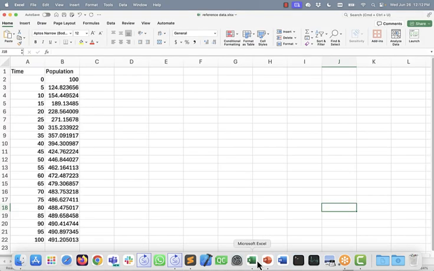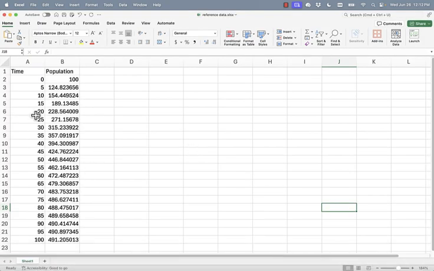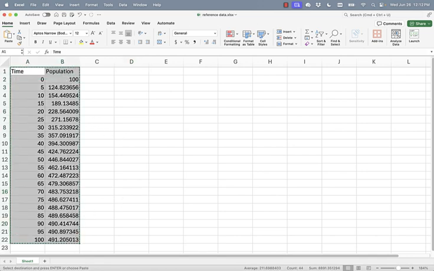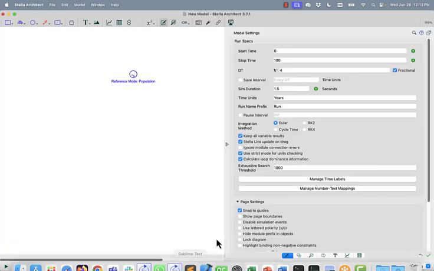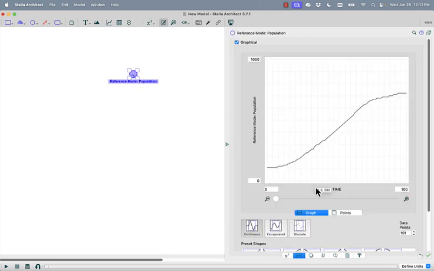So if we come to Excel here, you'll see that I've got 2 columns worth of data. I've got time values, and then I've got population values. And this is showing me behavior over time. And so I can take these and I can copy them. And then I can come back into Stella, select the reference mode, and it handily brings me back to the